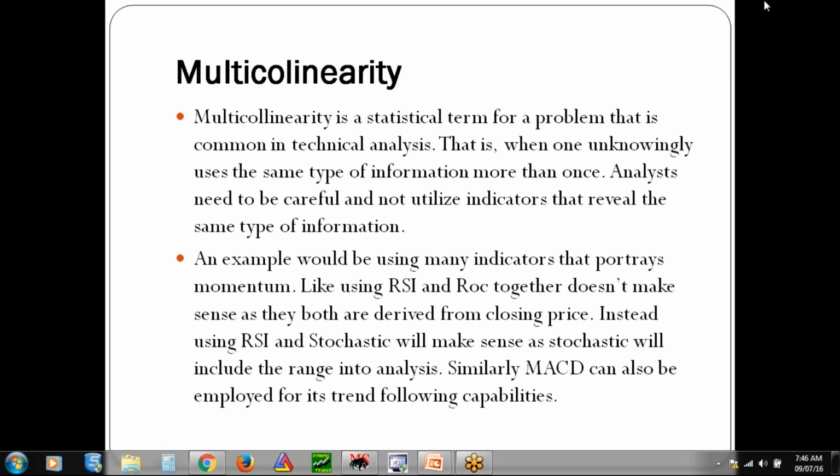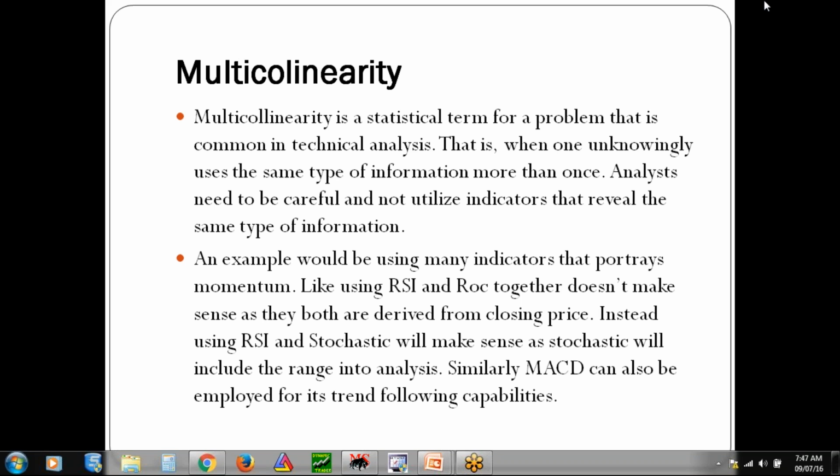See, this is what I was telling you. The RSI, the ROC, the CCI, the Williams percentage R, they are all derived from the closing price. So they will tell the same thing. If there is a divergence in RSI, in ROC, in Williams percentage R, they are indicating the same thing because they are derived in a similar way. So it is not that you are getting a stronger signal. It is a trap. It is telling you the same information in a different way.